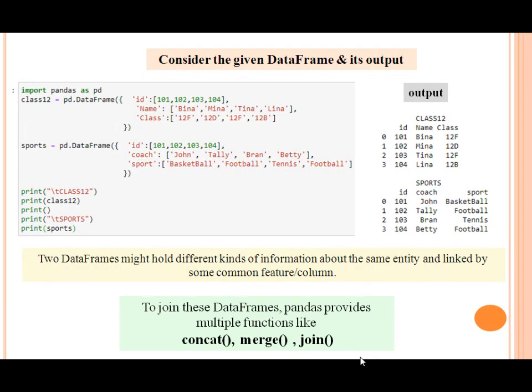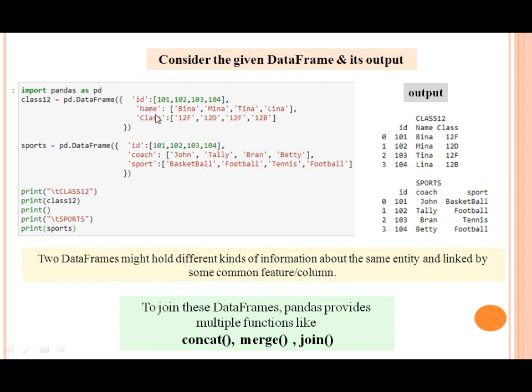Consider the given data frame and its output. So this is the given data frame. Of course, its output is also given, and this whole data frame is going to be used in the video. So consider it properly. This first data frame is class 12.